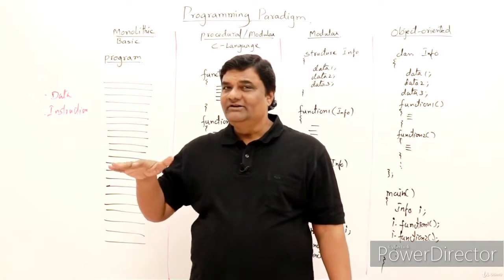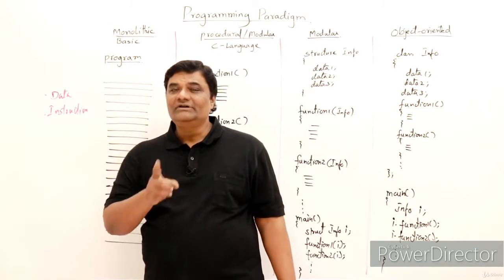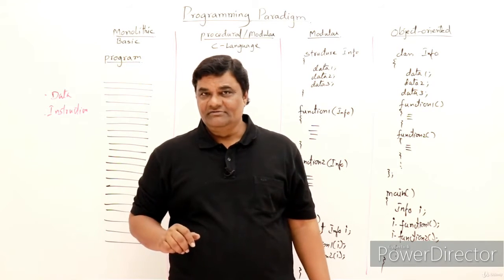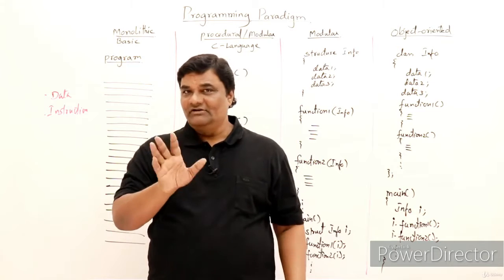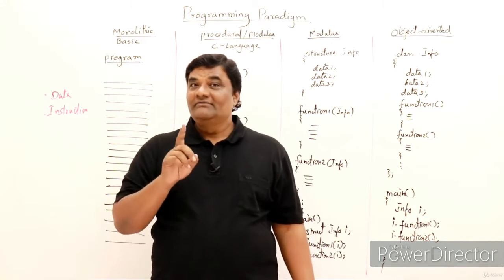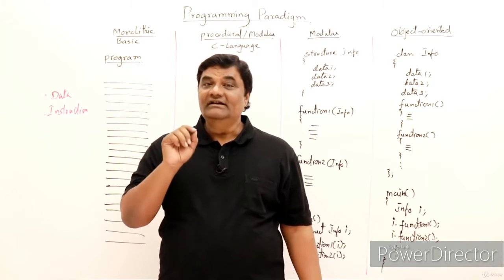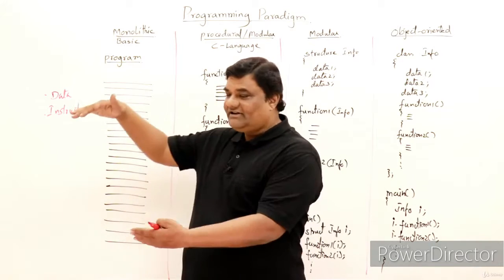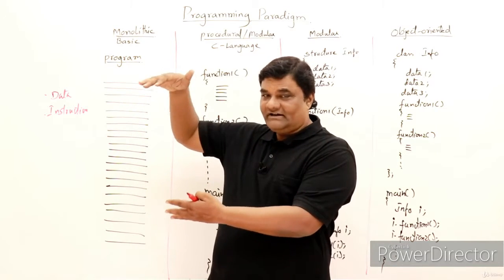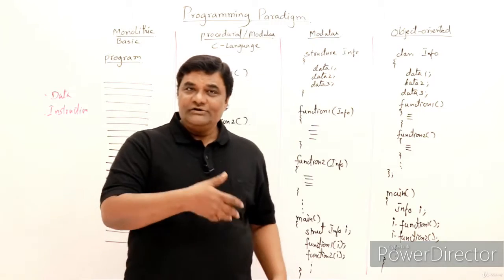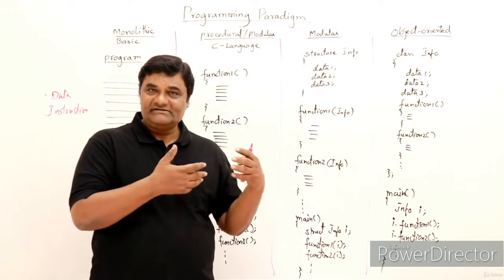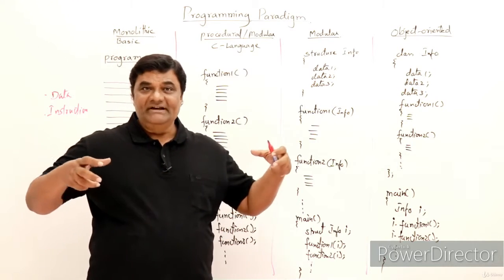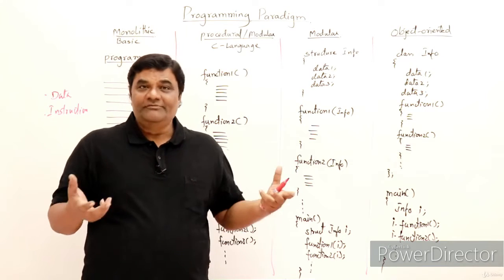It cannot be broken down into pieces, so it cannot be done as teamwork; only one programmer has to do it. It is just like a painting. Only one painter can paint it, right? Multiple painters or a team of painters will not make a painting. That's why programming was thought of as an artwork in the beginning, and the style of programming was monolithic. Everything is a single block or a single piece. Then as new languages started evolving, requirements started changing, and computers were commonly used, there was a need to develop big programs which needed a team of programmers.